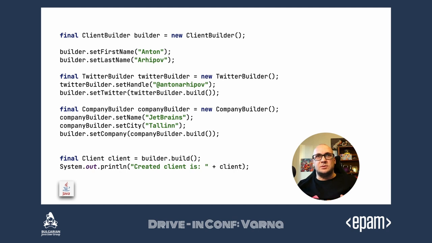One example that I want to demonstrate to you is how those small DSLs contrast with using the builders from the Java language. Here is a simple example. We have a client builder, a Twitter builder, a company builder, and then we build up a client object using those builders. This is a very simple code. Everybody can read and understand it. There is nothing wrong with it, but you actually have to spend time reading it to figure out what it